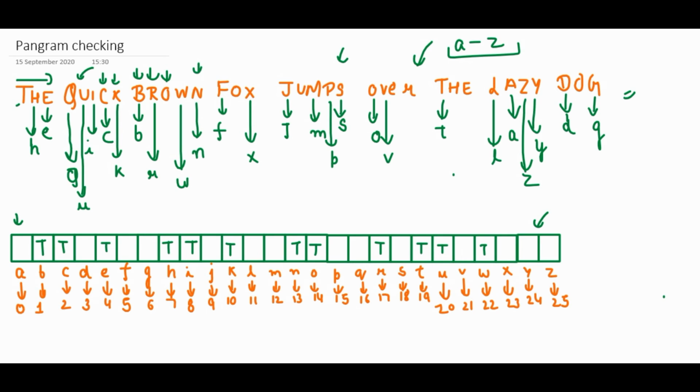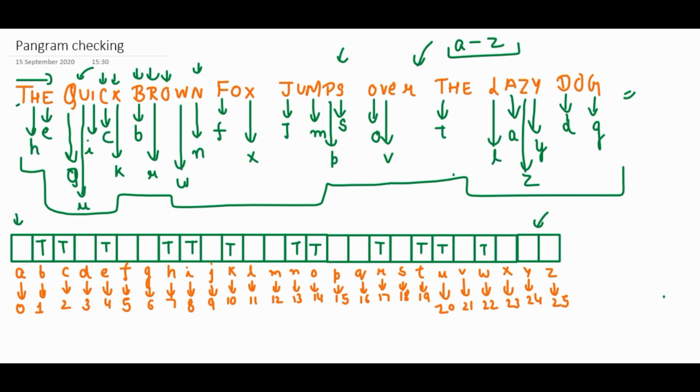N is true. And the same way when I continue, as I have written here as well, all the letters in this sentence are present, from A to Z. So all the elements in this array will become true by the time we reach the end. So in this array, all the elements will become true and we will return true from it. That means if we want output as 1 or true, we will return it that way. So this way we can approach this question.